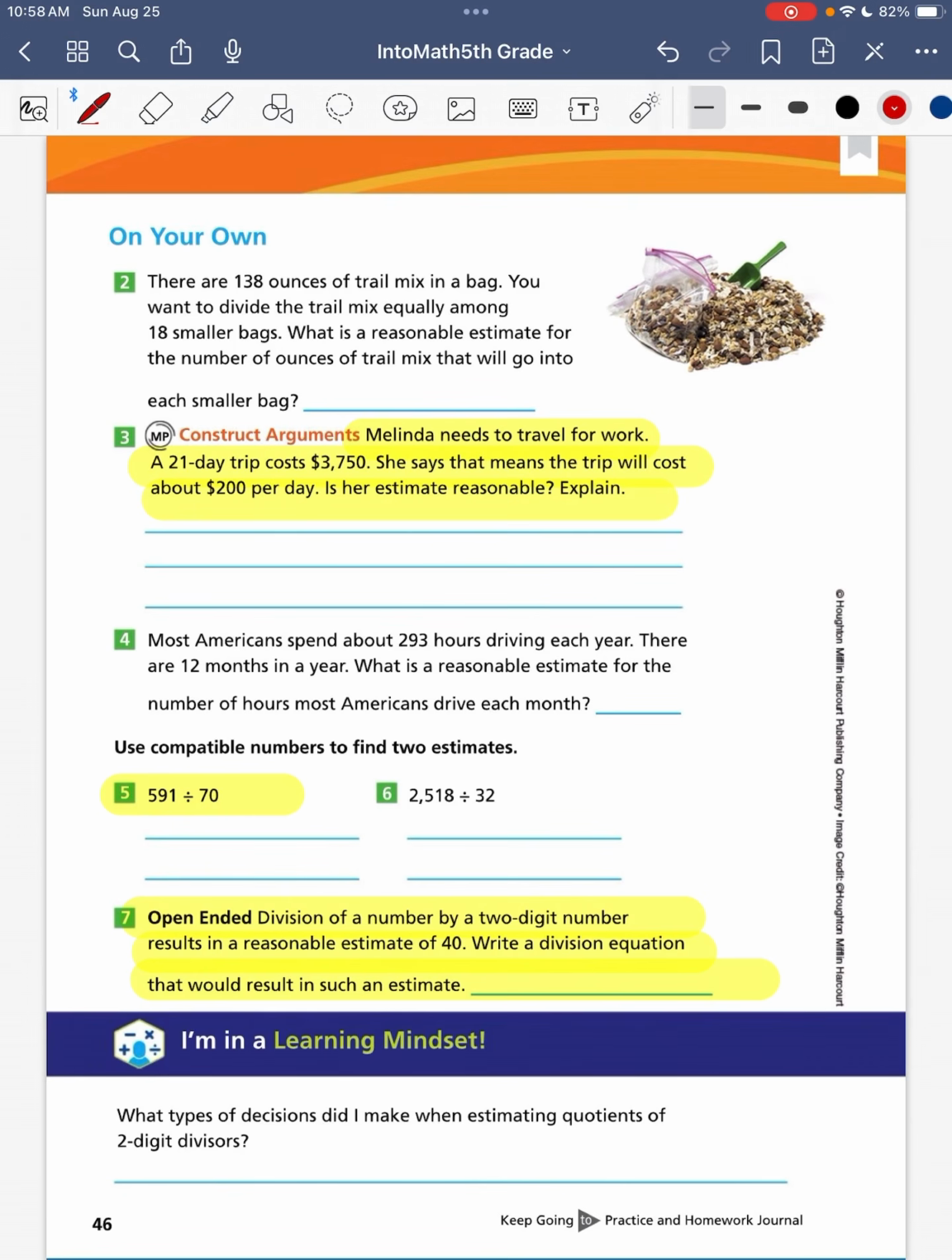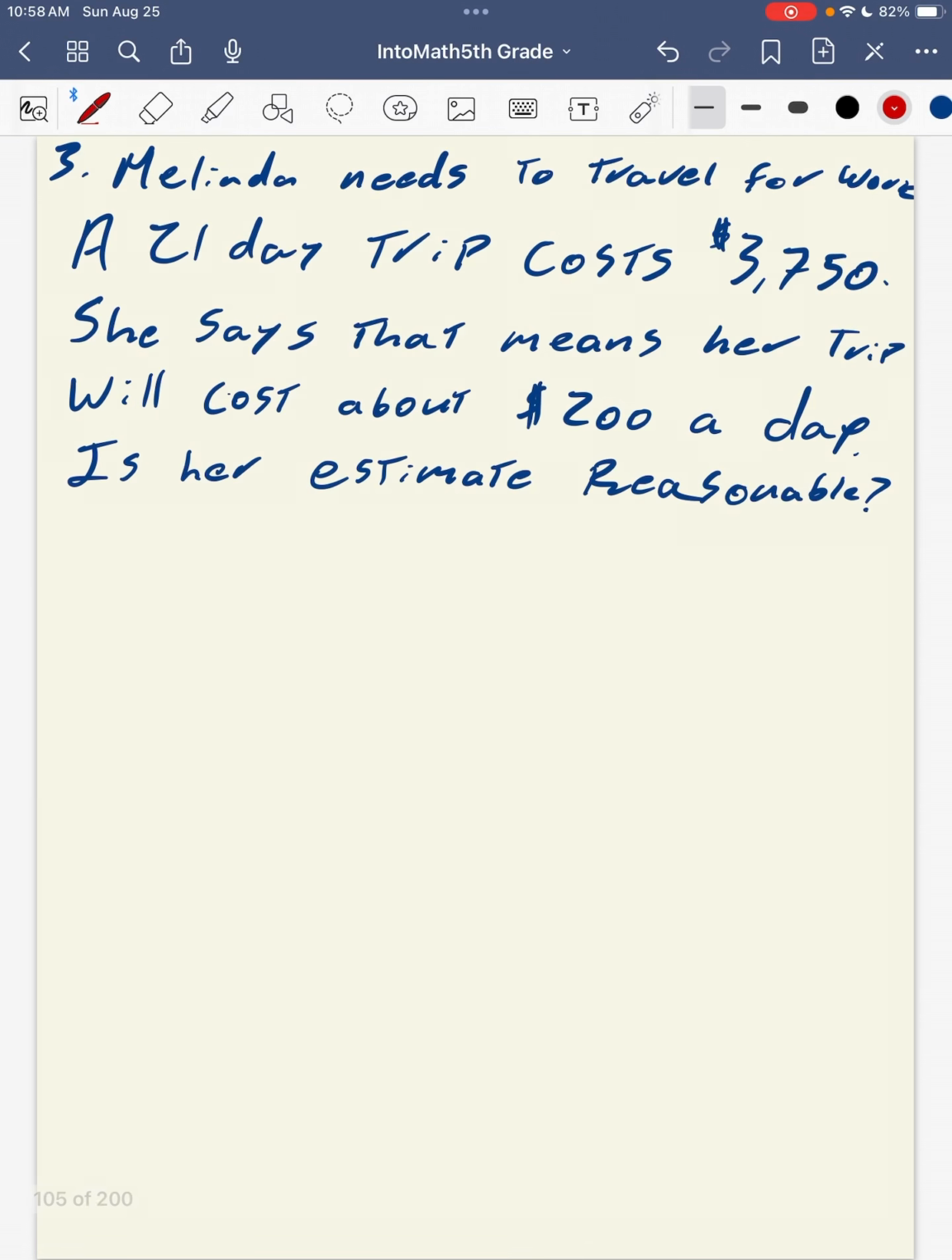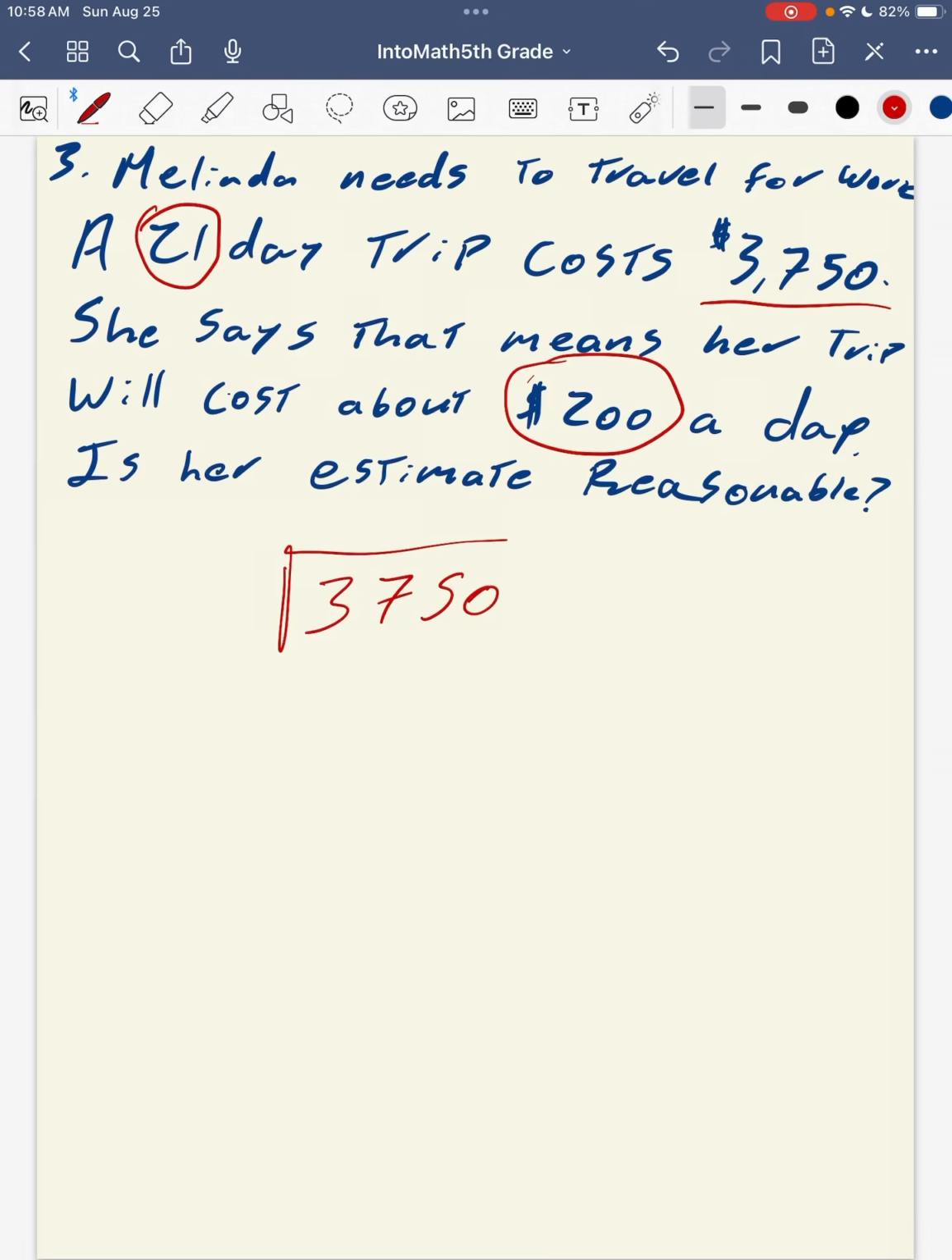On to our on your own, we will be doing problems 3, 5, and 7 together, located on page 46. For question number 3, Melinda needs to travel for work. A 21-day trip costs $3,750. She says that means her trip will cost her about $200 a day. Is her estimate reasonable? Using comparable numbers, instead of dividing out